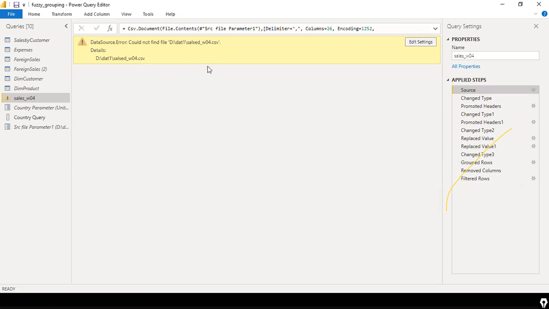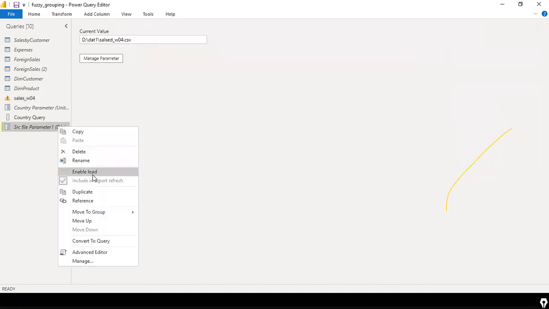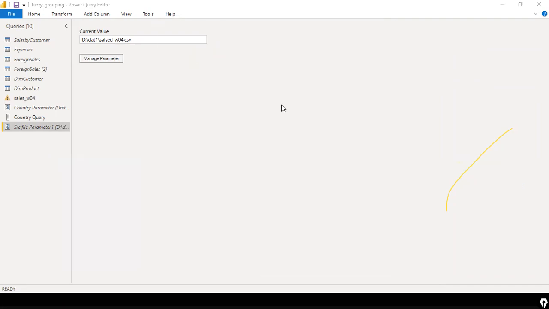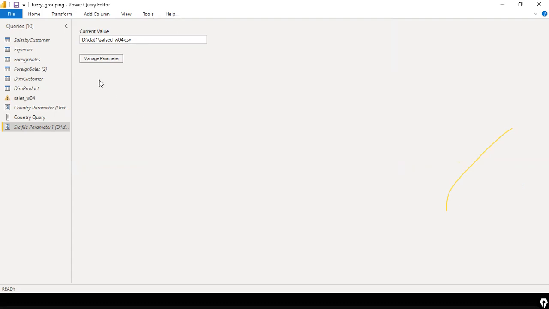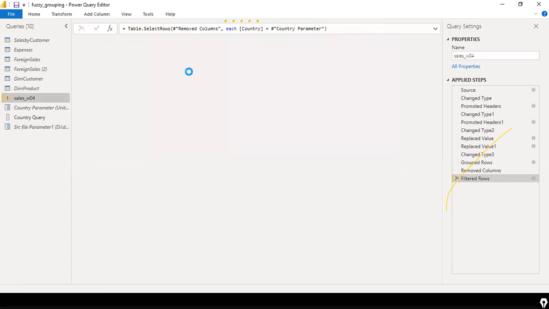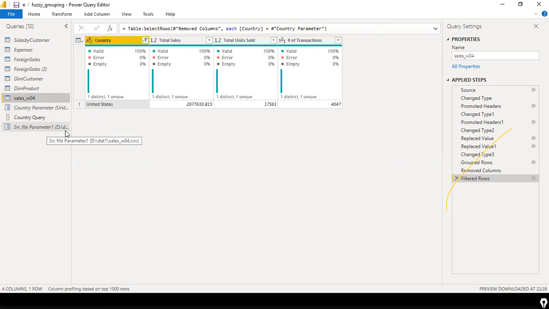Okay, there is a mistake here, a typo. Okay, I need to go to this parameter and manage parameter. This is very easy. Don't think I'm just clicking here and there, sales W0 and click on OK. I specified the wrong name. And if I go here, see, this query is going and looking at the folder, the folder where the file is existing,